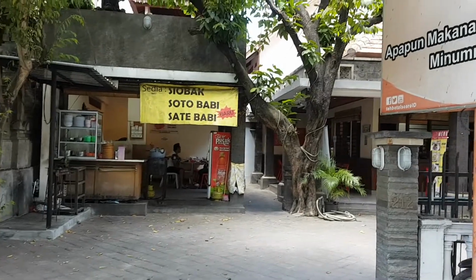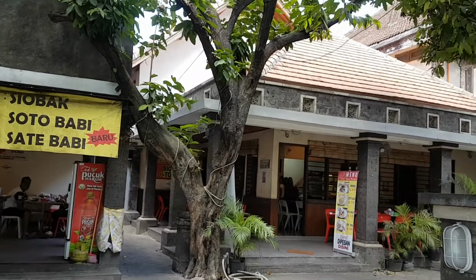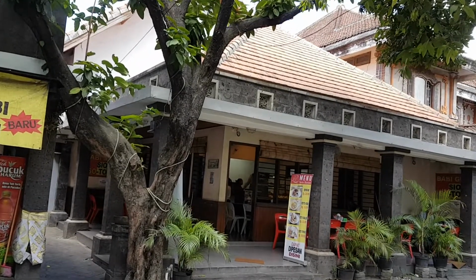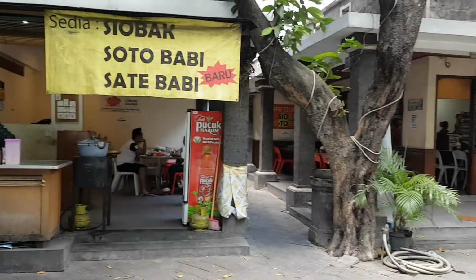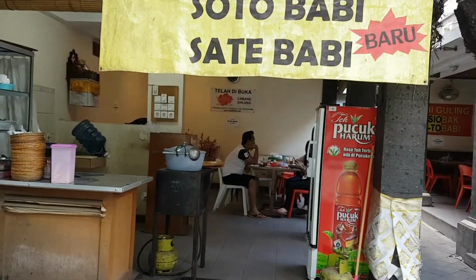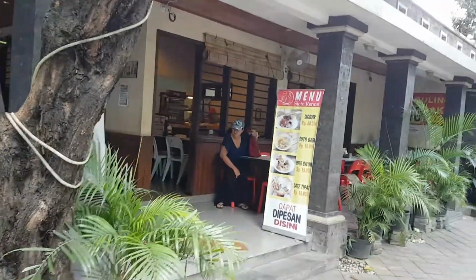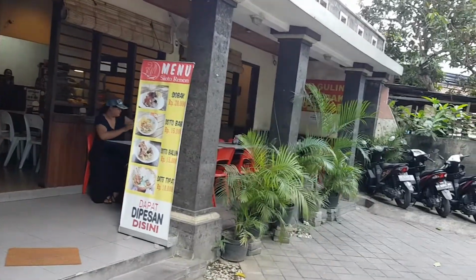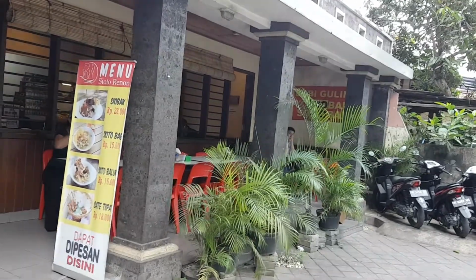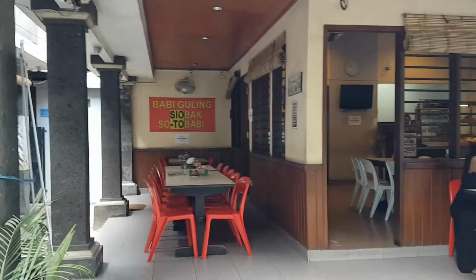So okay, here we are at Babi Guling Bundaran Renon. Established in 1988, so it's been around a while, and this is original Balinese food. One thing I'd like to stress is that most Westerners that come to Bali don't really experience this sort of food. They'll go to restaurants in the main street